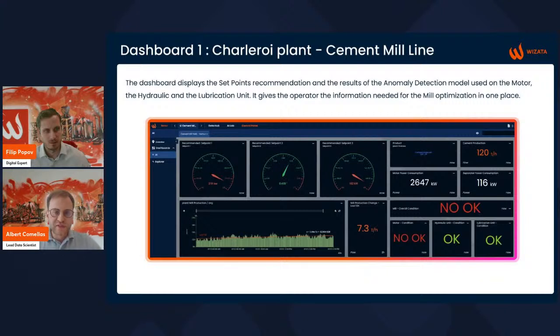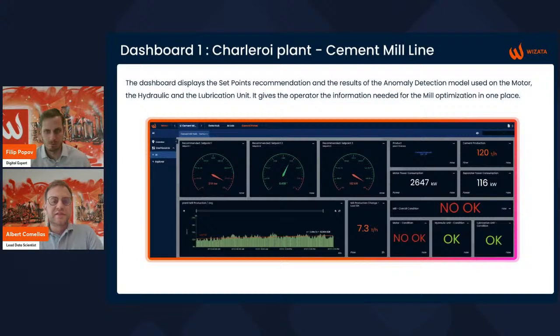So dashboards, of course, are customizable depending on the case and what we want it to show. In this case, for the cement mill recommendation case, what you see at the top left, these three gauges are the three present values for the recommendations for the three set points we are recommending. Right below it, this bar chart in greenish is the evolution of the mill yield for the last 12 hours.